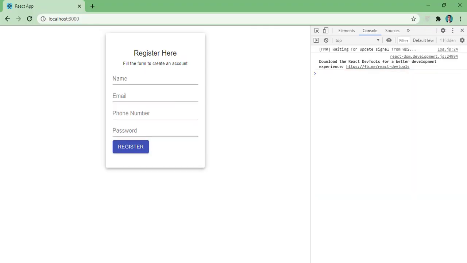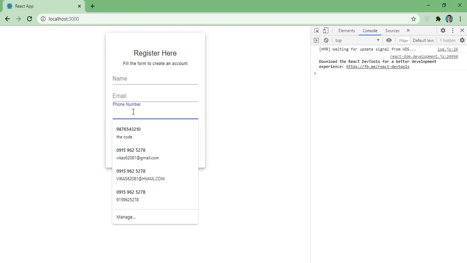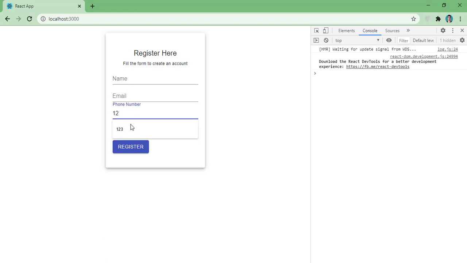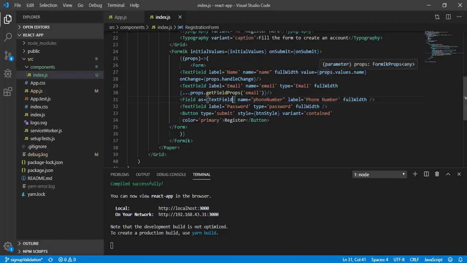Now let's come back here. You can see it has rendered like our Material UI component, and now let me type something and hit register. You can see the phone number value is 123. So as of now we have seen how to manage state in Formik in different ways. The first way is value and onChange, the second way is spreading the function getFieldProps, and the third way is the Field component we get from Formik, and here pass as your native component.